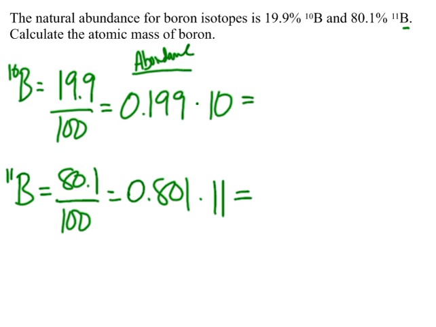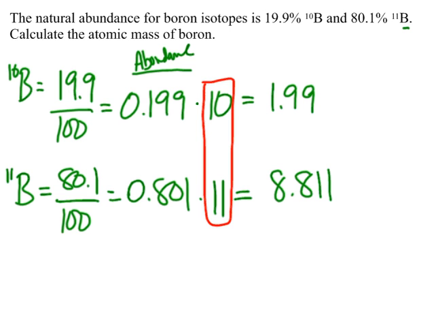So I do that math. I end up with 1.99, and then here I end up with 8.811. In doing this, these numbers right here are exact numbers, so you don't pay attention to sig figs for them. But when you do your next step, which is add these two values together, you are going to be paying attention to sig figs. So when I add these together, I'm going to end up with